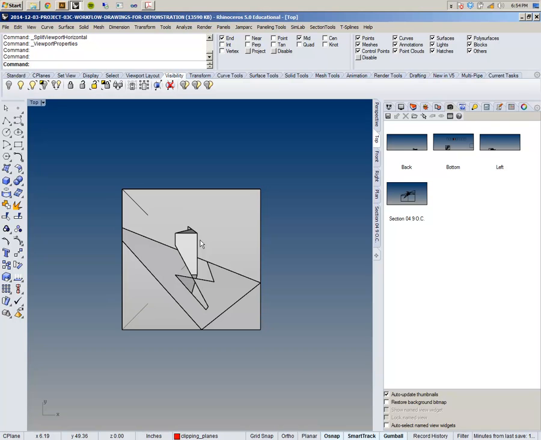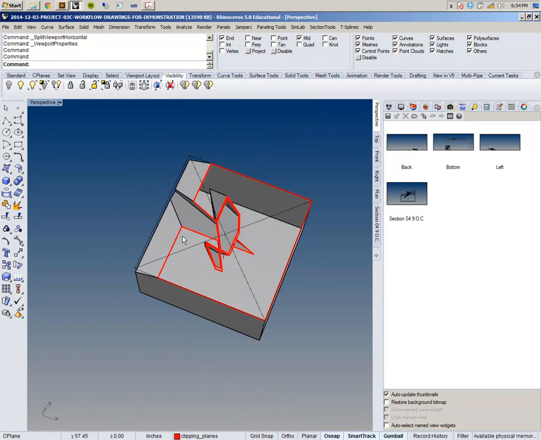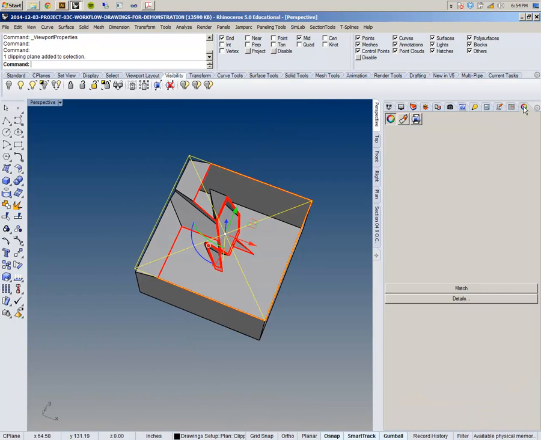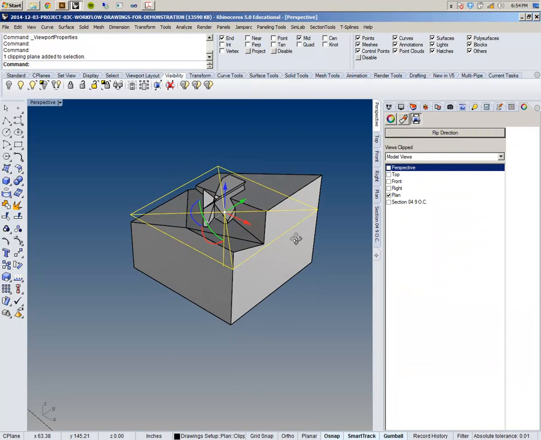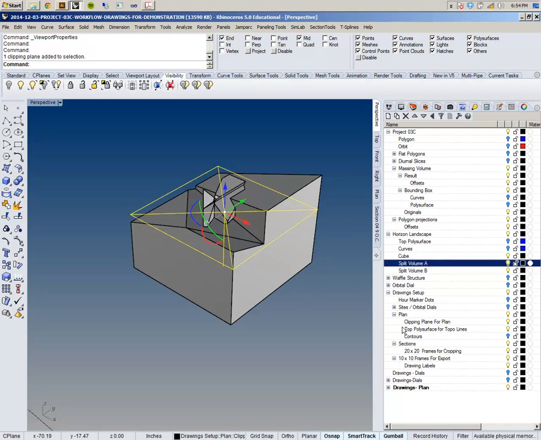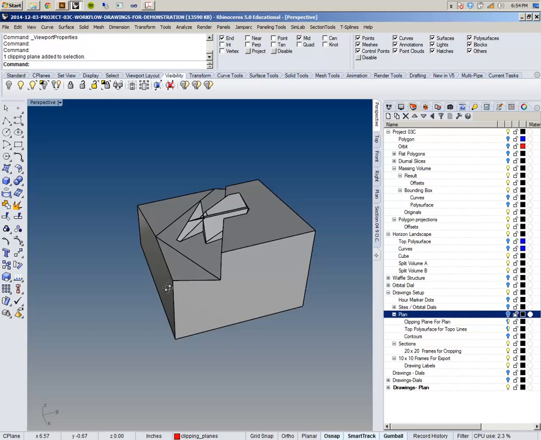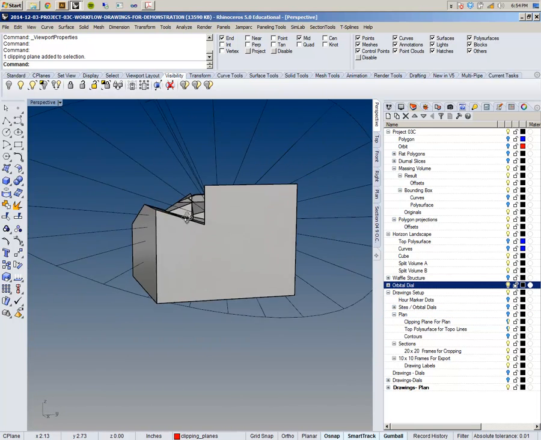So now I'm going to do a section. The things that we're going to cut up are, so I'm going to go to my clipping plane here and look at its properties. I'm going to turn it off for my perspective view so I can see all my stuff again. And I'm going to go to my layer, and I'm going to hide the clipping plane. Under the drawing setup layer here, I could turn off the plan stuff because I'm not working on my plan anymore. I'm going to need my orbit dial, this one,